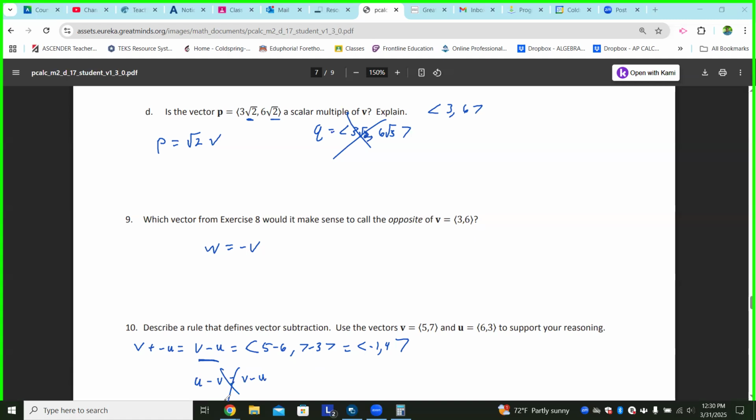Oh, u minus v is not the same thing as v minus u because subtraction is not commutative. Yeah, so I'd said that these are not equal. The rule that they wanted you to come up with was like v plus the opposite of the vector. But in reality, as long as you understand that you're subtracting the first vector from the second vector, their x's and their y's, then you got the concept down. Yes, that's fine. All right, with that being said, we are stopping. We still have